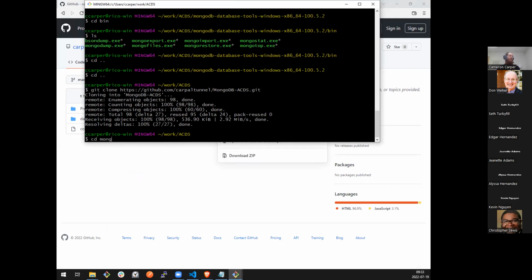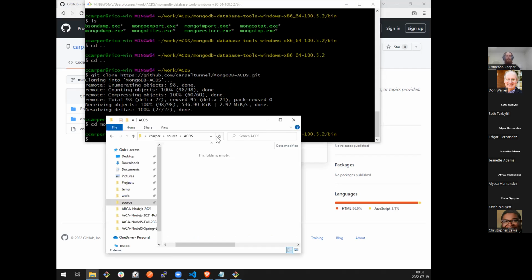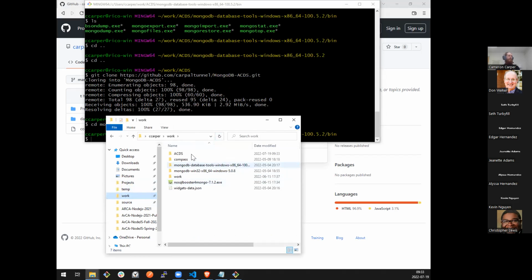And now I'm going to go back to my tools folder. And I said that I was going to take the data file from the GitHub and copy it to my folder so that I can easily import it.